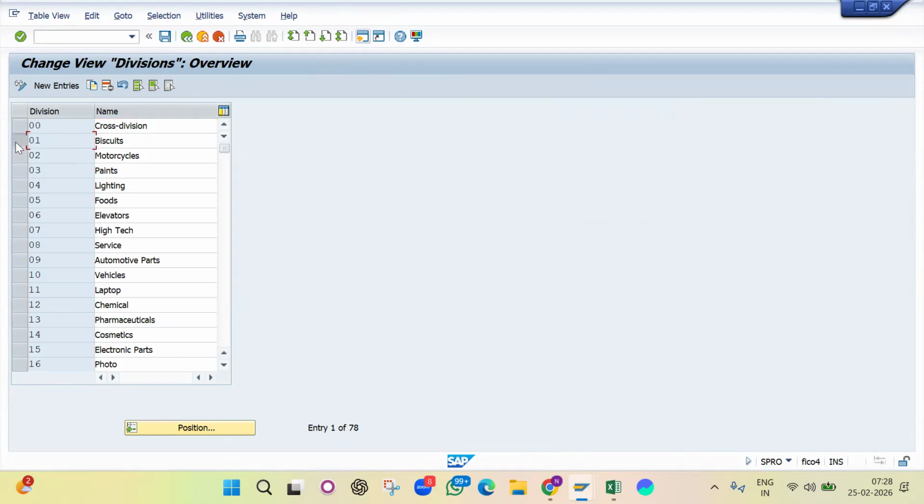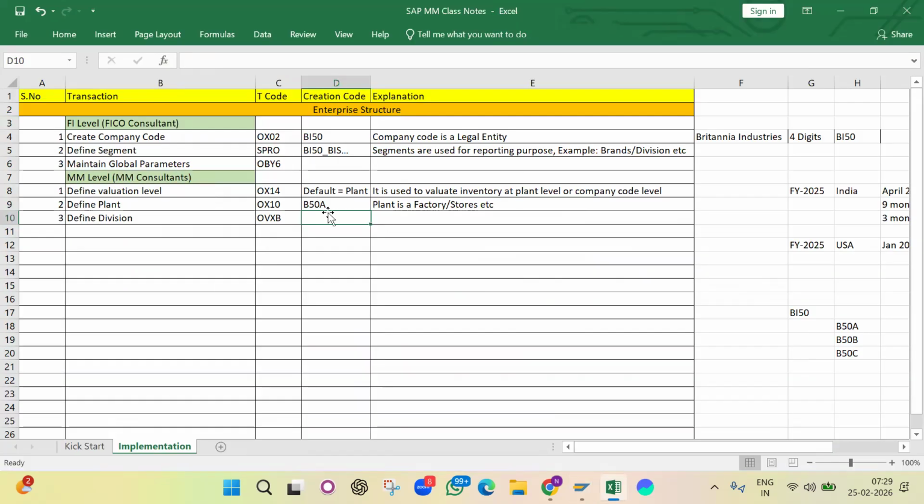I am taking division as standard 01, which is for biscuits. Okay. I can take cross division also for everything. So if I don't want a division-wise report, I can take 00 as a standard. Okay. So let me show you cross division only. Let me take 00 as a cross division. I'm using this division for biscuits, dairy, snacks, cakes, everything. Okay. If you want, you can create separate divisions and use them also. Next, fourth one will be,